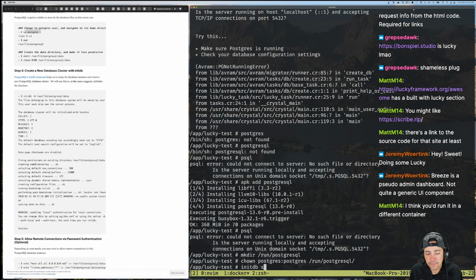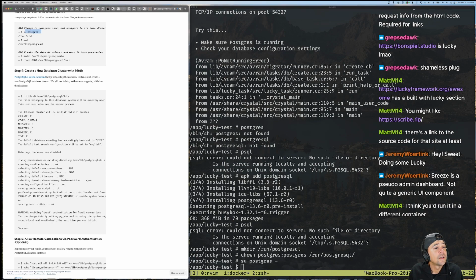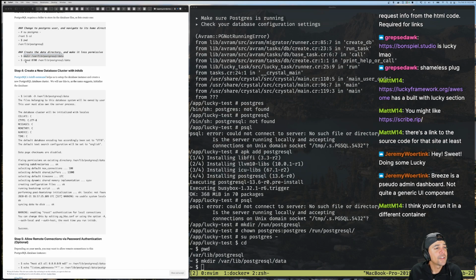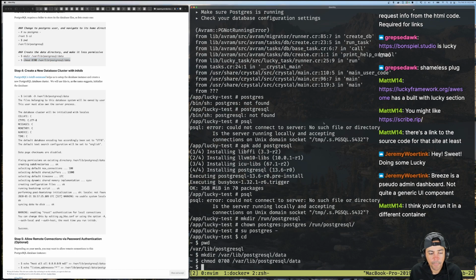Okay, fine. CD. Okay, I'm Postgres now. Man, I really gotta find a better Dockerfile for vanilla Lucky.